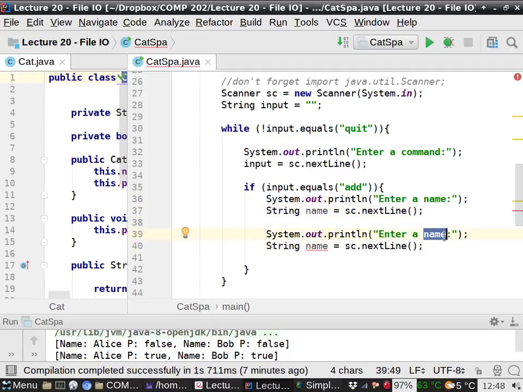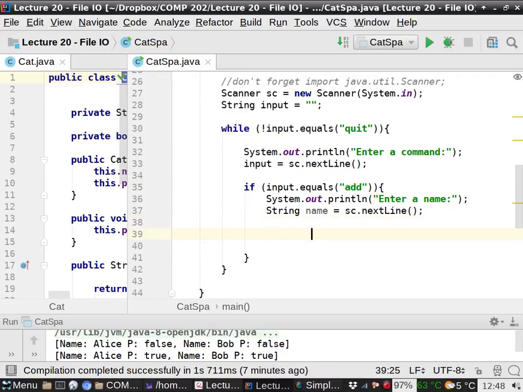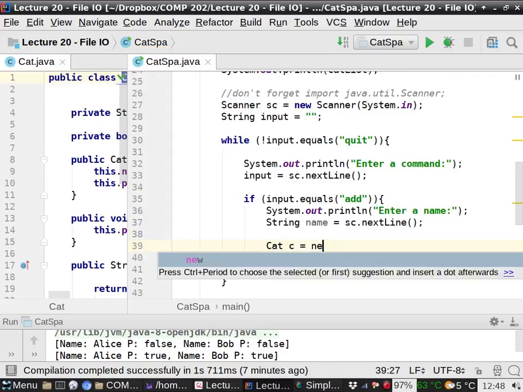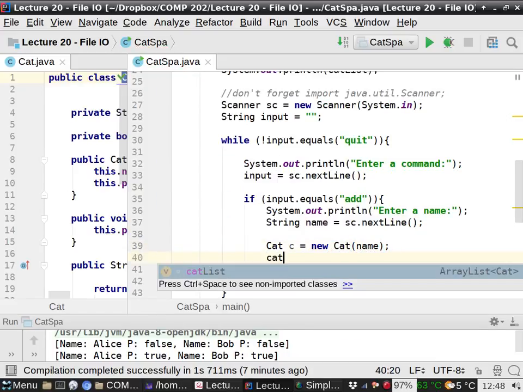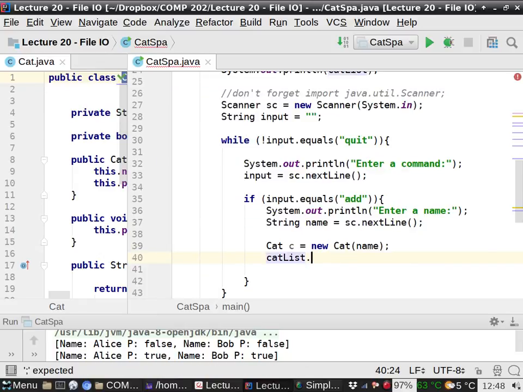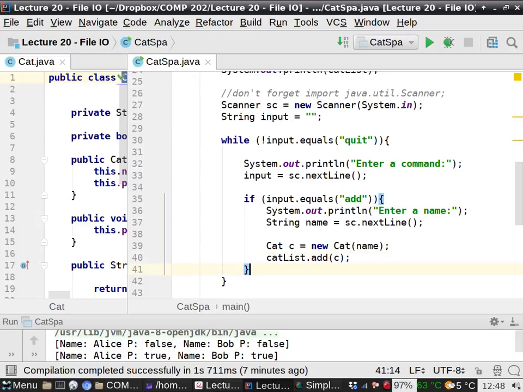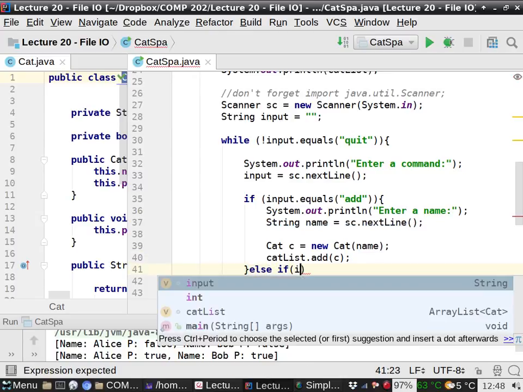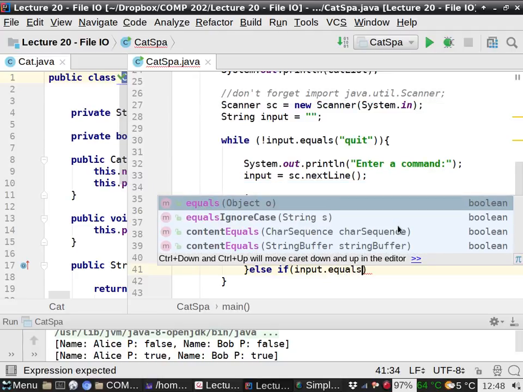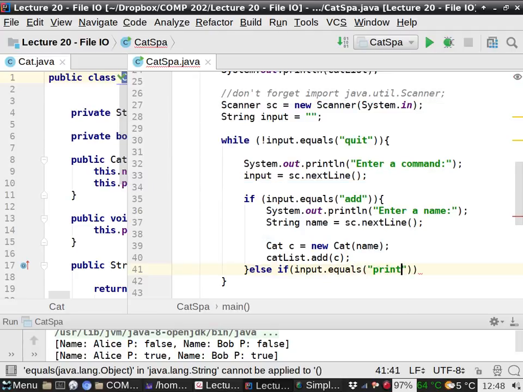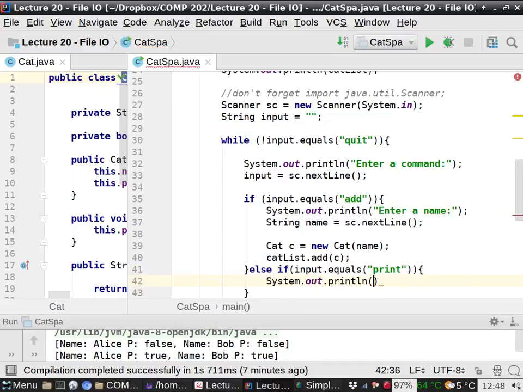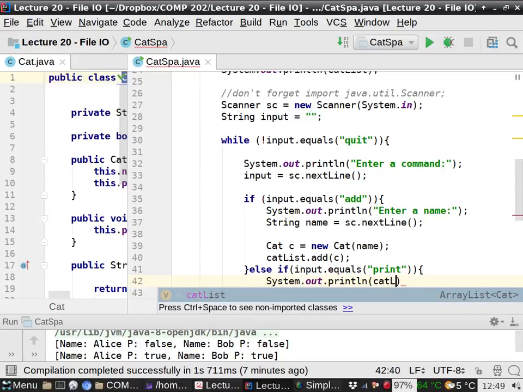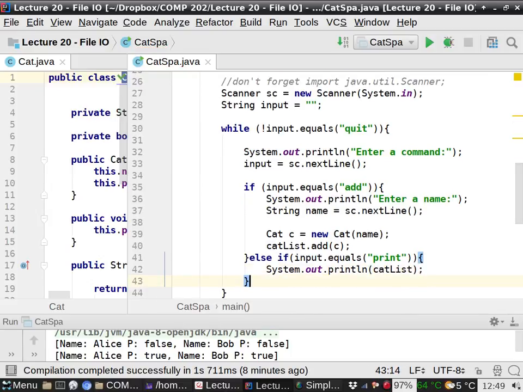Cat c is new Cat with that name. Cat list.add that new cat. Okay, let me write this and then I will talk about it. Cat list. else